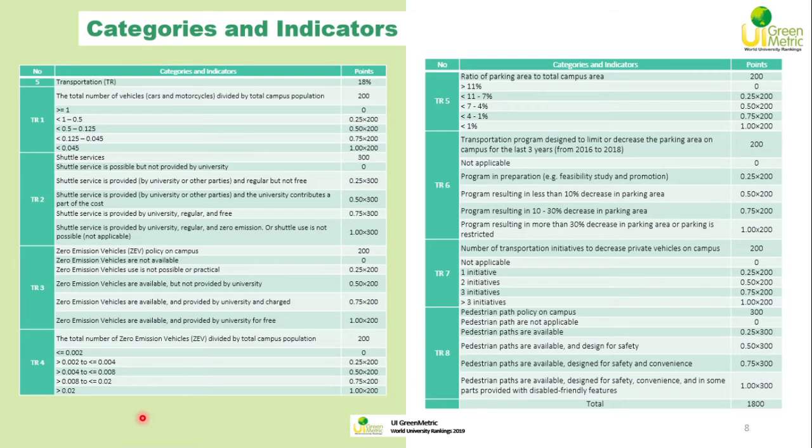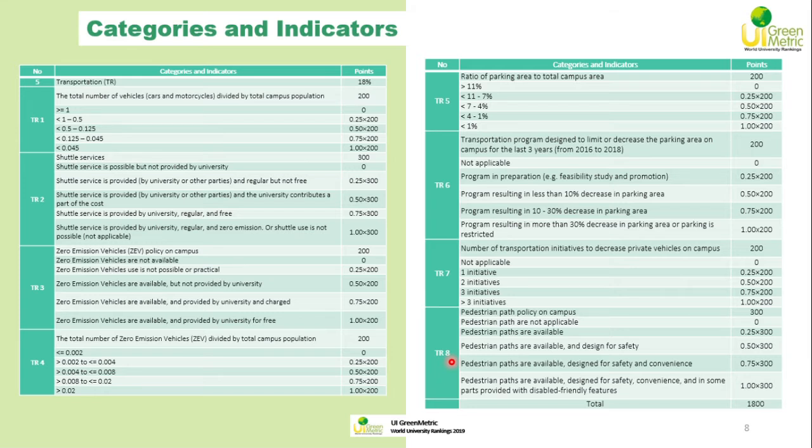And the next category, the 5th, transportation, has 8 criteria. The keywords in this category are number of motor vehicles, reduction of private vehicles, collective transportation, zero emission, parking, and pedestrian path. For the number of motor vehicles, the requirement is that the total needs to be